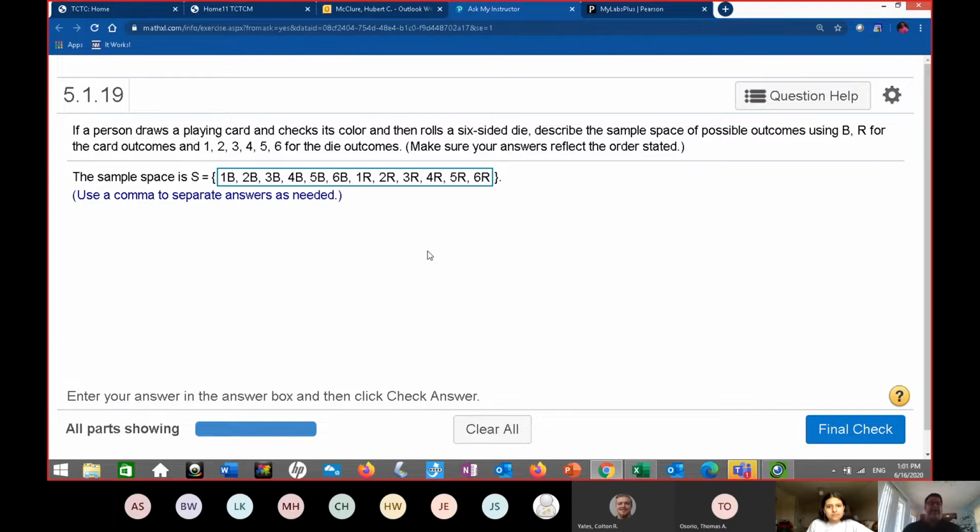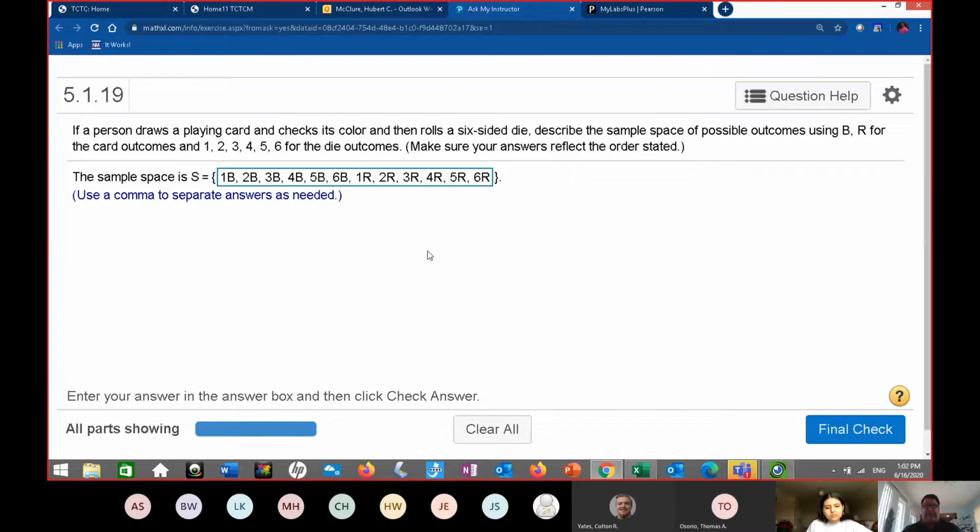Okay, you got a person drawing a card, and that card is either going to be black or what? Red. Now, the person doing this problem may not pick that up. A person who draws a playing card and checks his color. Technically, they should say a deck of cards is being used and the colors are black and red. They should put that in there. It's a very big assumption of the person doing this question that they know what a deck of cards looks